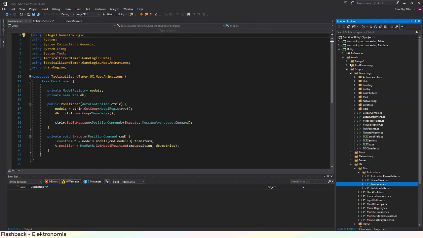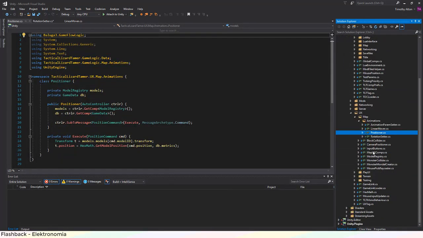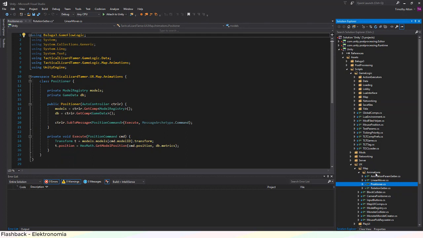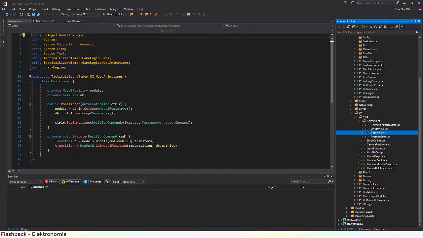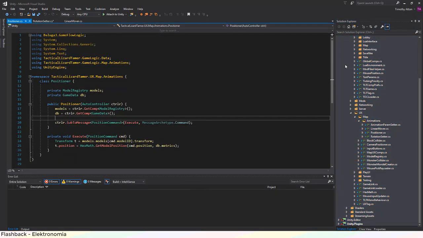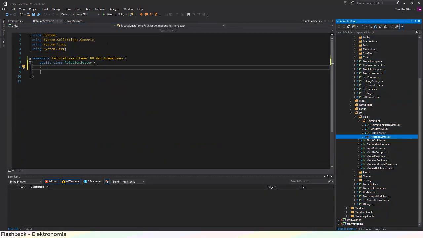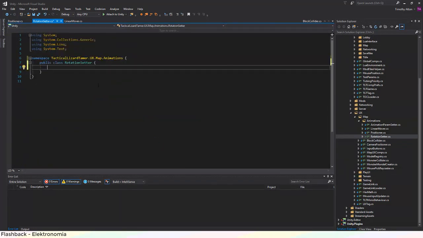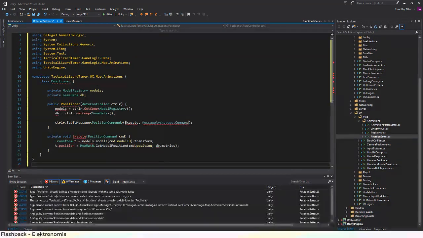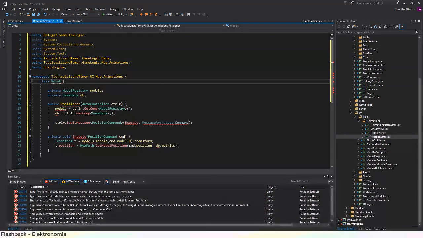Close some of this stuff. And lately Visual Studio, whenever I create a new class, has been bringing this window up to the top, which is slightly annoying. Okay, I did not want to activate that. Okay, so rotation setter,